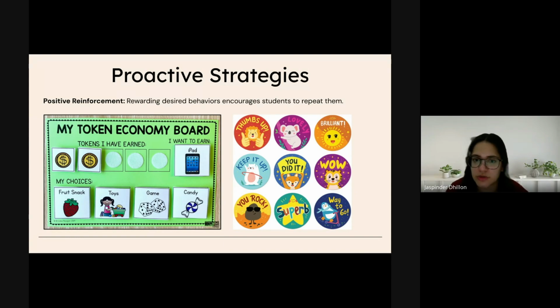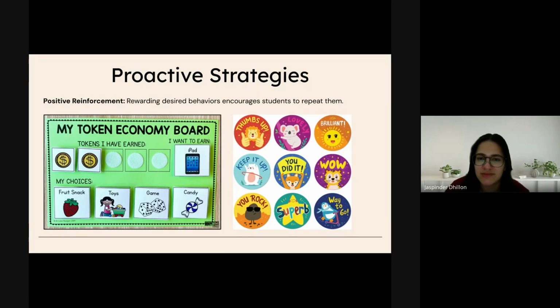So this example could be applied to the token economy board. Every time the student raises their hand rather than shouting out, a token could be given. Once they've earned the necessary tokens, they would get whatever activity, toy or game they have chosen, whatever reinforcer they want to earn for that day. In the token economy board here, they've chosen iPad. So once they get all the 5 tokens, they'll get an